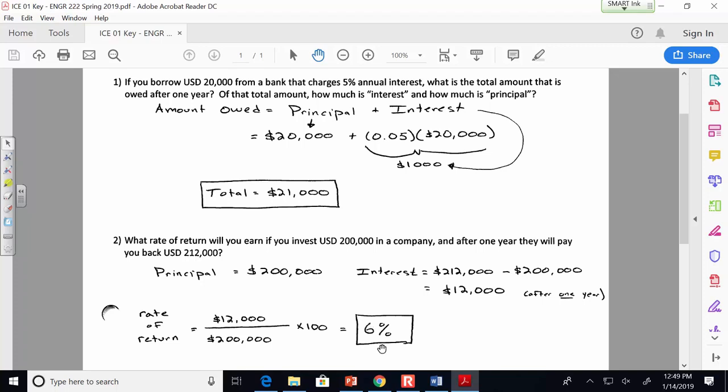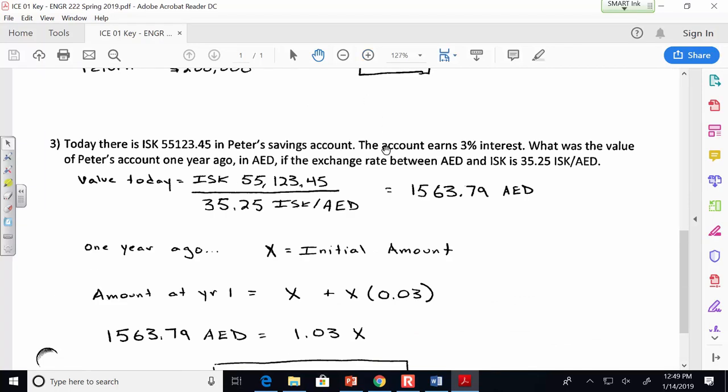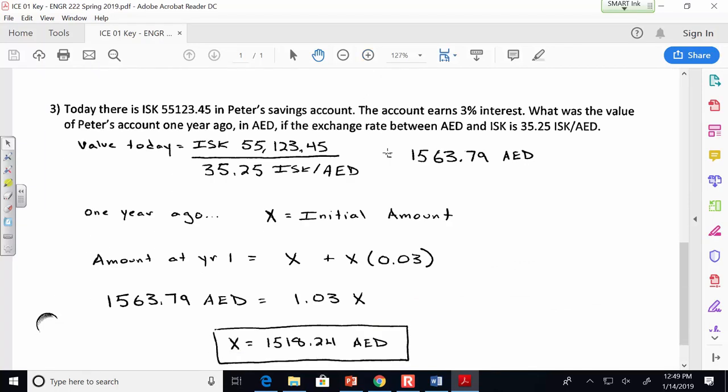Now on this third problem, there's 2 steps, and it doesn't matter which one you do first. I started by the currency conversion and then did the time value of money conversion. You can flop it and get the same thing. So first of all, I said if you have